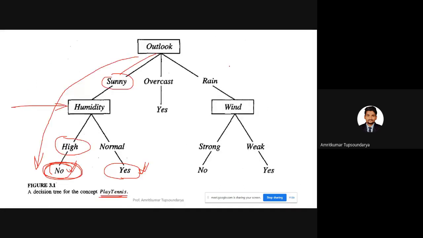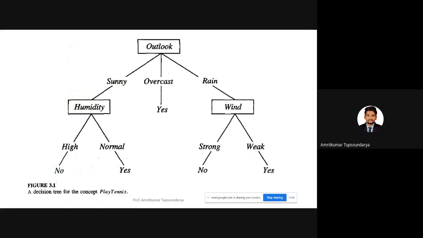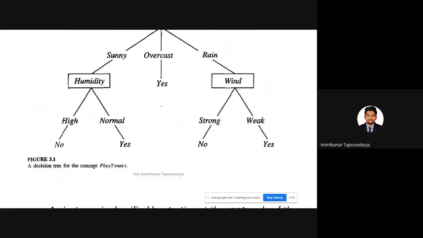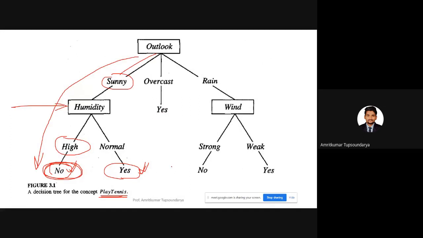Then we saw a simple diagram of how a decision tree would look. This was basically a diagram for the target concept PlayTennis, right? Whether we want to enjoy tennis on a weekend, Saturday, or not. We will learn about this diagram more in the subsequent lectures, how we come up with this decision tree representation. But for now, this is just to show you how a simple decision tree would look for a particular target concept, for example playing tennis.